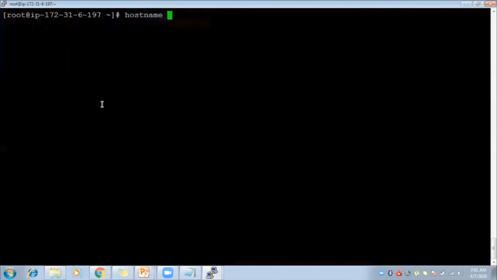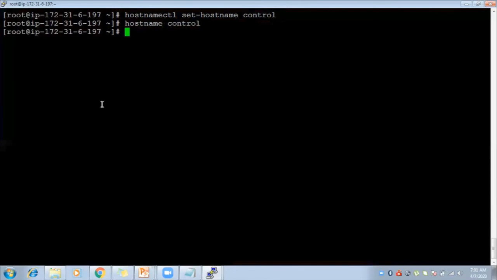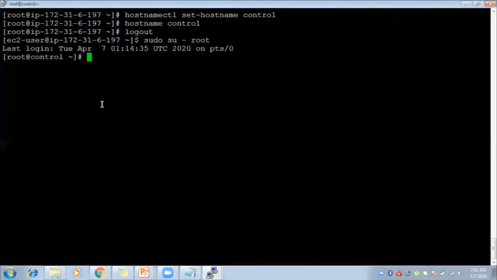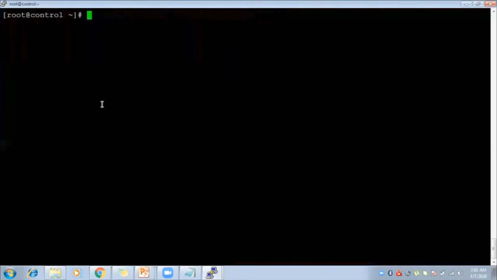Host name equal control node. Fine. The host name has been changed for that server.